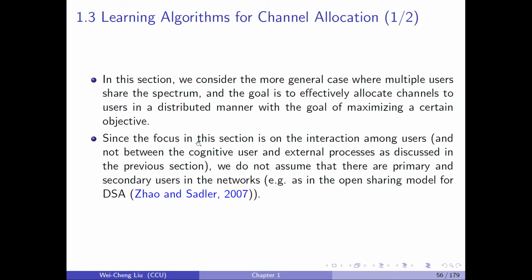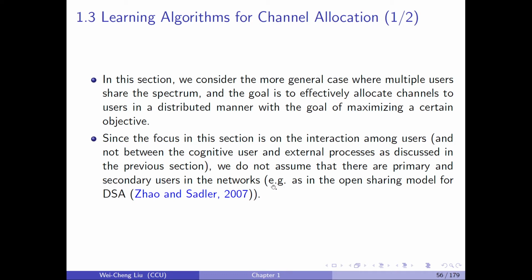Since the focus in this section is on the interaction among users, and not between the cognitive user and external processes as discussed in the previous section, we do not assume that there are primary and secondary users in the networks. For example,